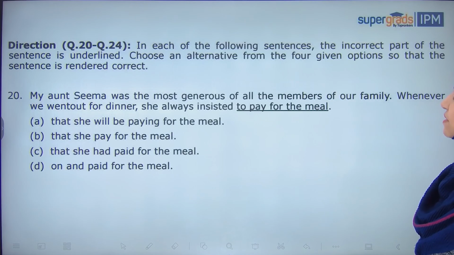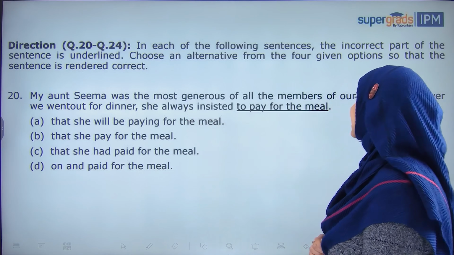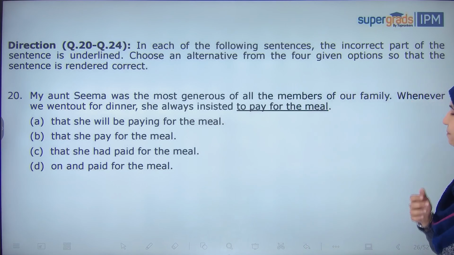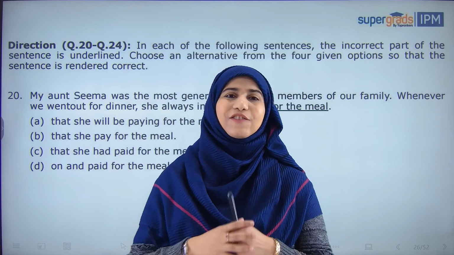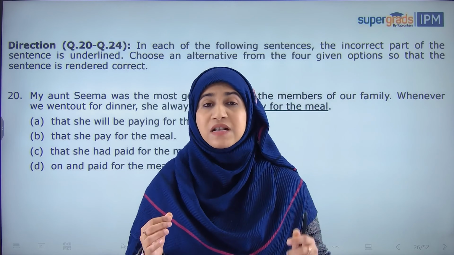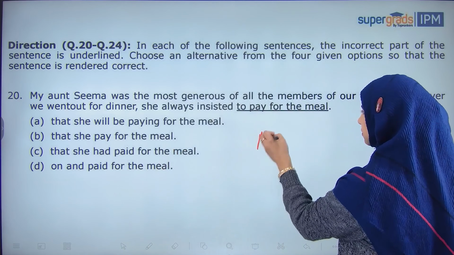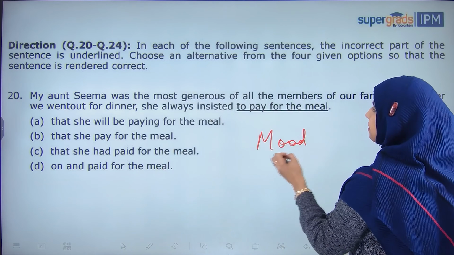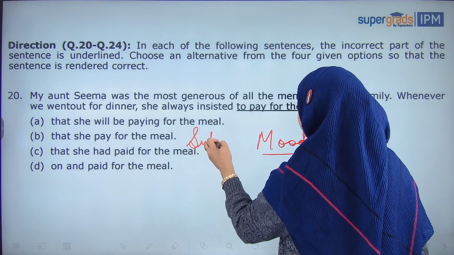Finally, question number 20. My Aunt Seema was the most generous of all the members of our family. Whenever we went out for dinner, she always insisted to pay for the meal. Now, this one is slightly too technical. You've got to understand that this is actually based on the concept of subjunctive moods. Now, this is a topic, moods, and in moods, we have a variety of moods, subjunctive